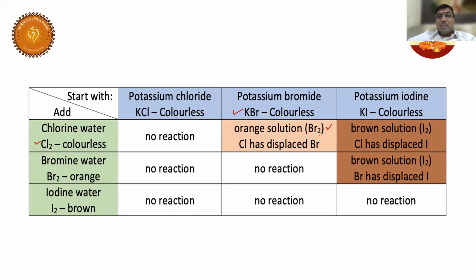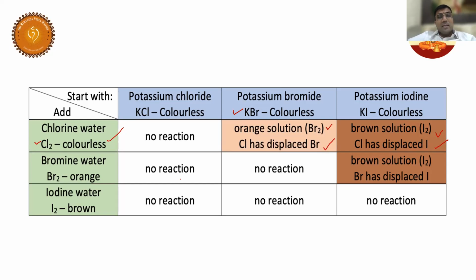Why is the reddish brown color solution appearing, students? Because bromine is formed. Where is bromine formed? When you react KBr with chlorine, bromine is displaced. Similarly, here iodine will be displaced. Iodine is violet in color, right? Of course, you get brown, it's slightly violet. So you'll be getting this color. Here chlorine has displaced iodine, and in this case, chlorine has displaced bromine.